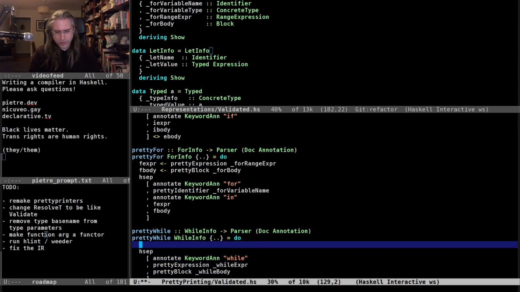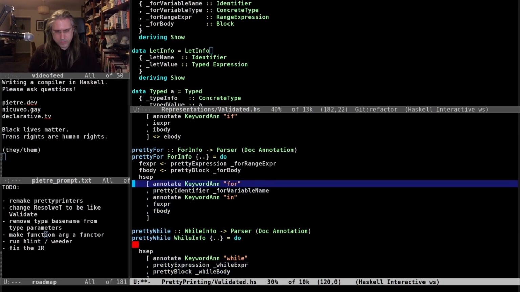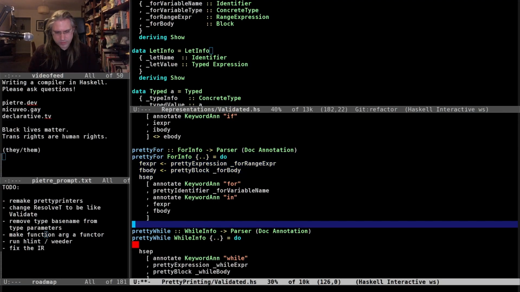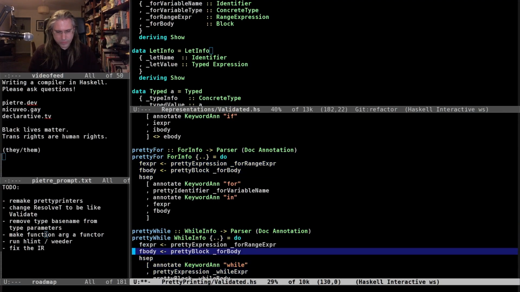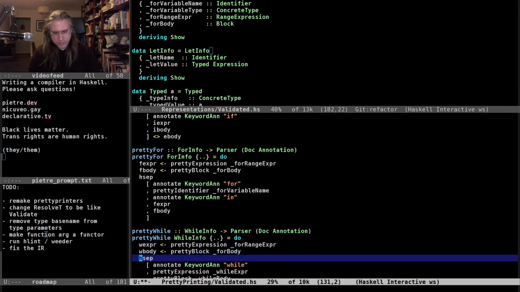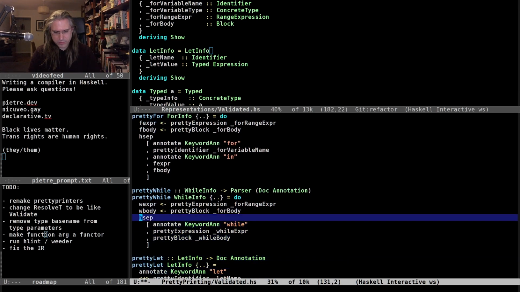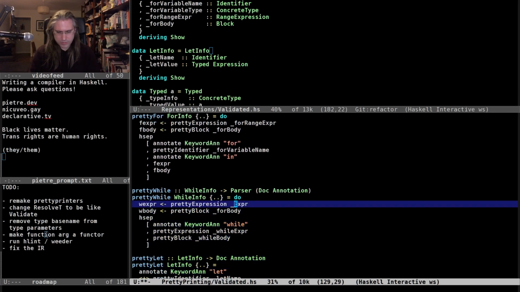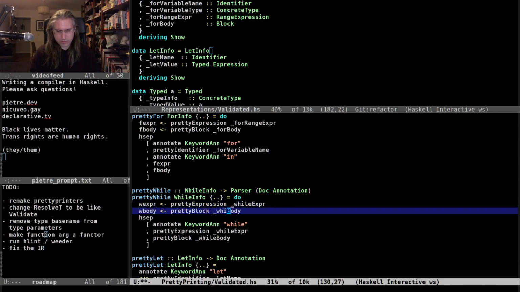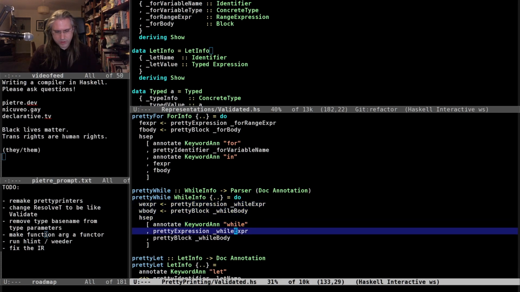Open it to block. Generate the document in our monad. Okay, and then concatenate all of that.